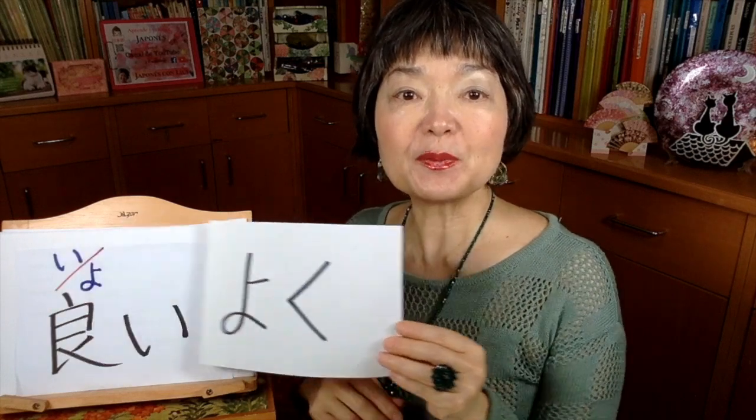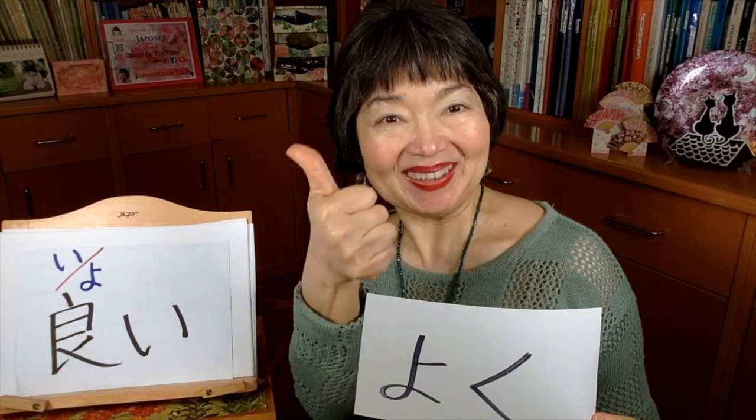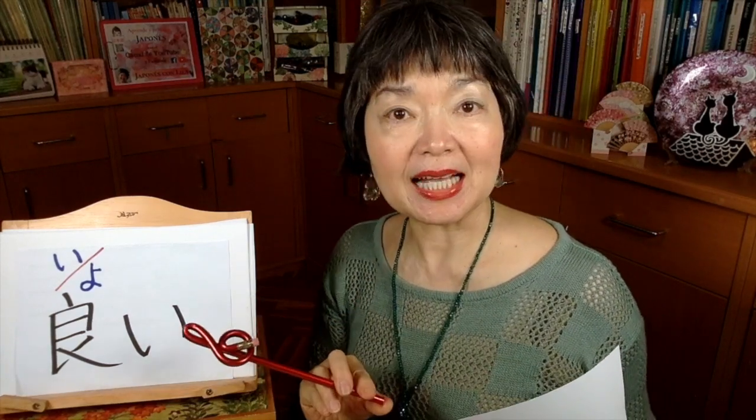This word comes from the adjective いい or 良い, it means good. Then the last い from the い-adjective changes to く, and it becomes the adverb よく, well. One very important thing is this よく always goes with verbs, not with adjectives. Do you remember とても is always with adjectives. とてもかわいい。But よく is always with verbs. So we don't say よくかわいい。Always with verbs. よくわかります。